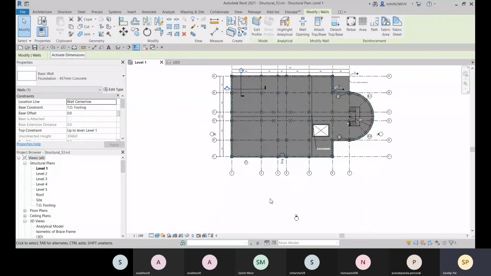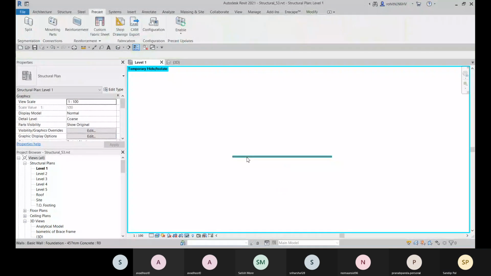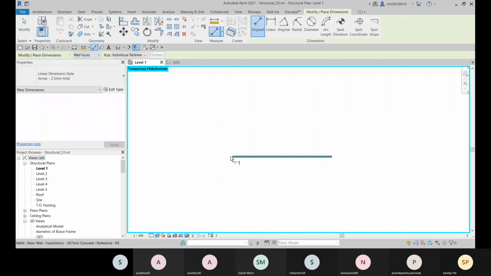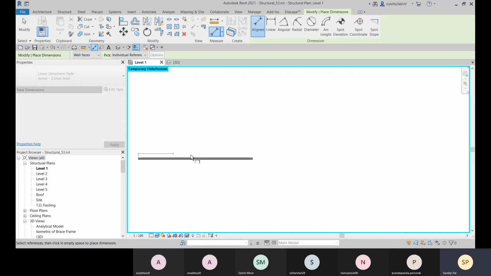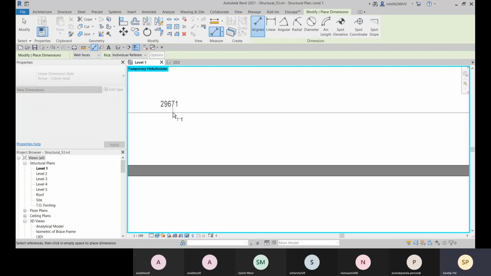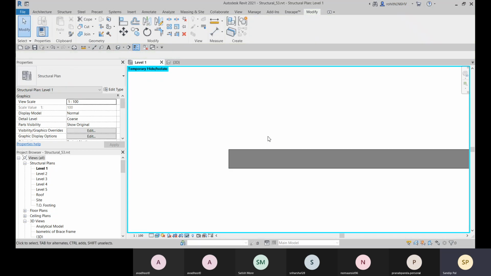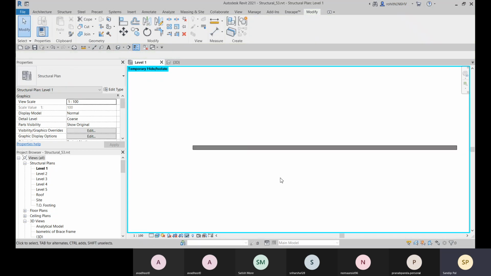Let me choose it. Okay, 29671 is the length, and it will equally divide.